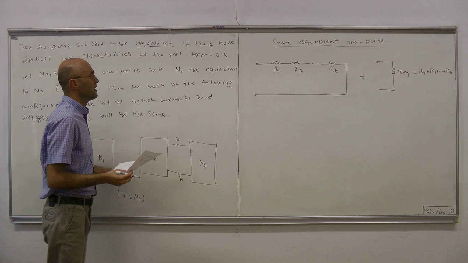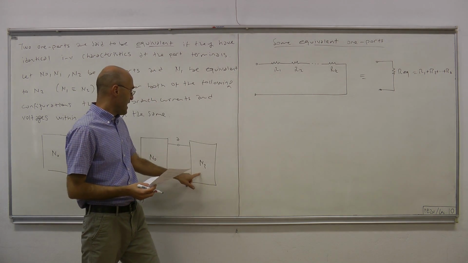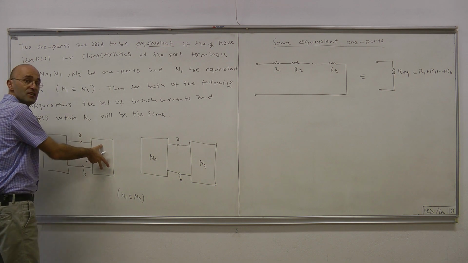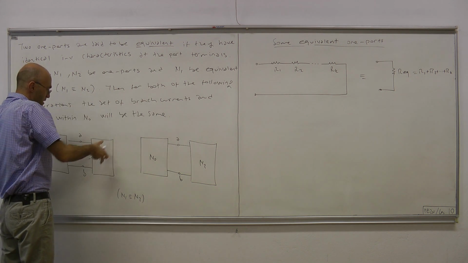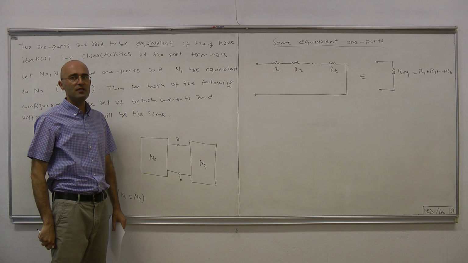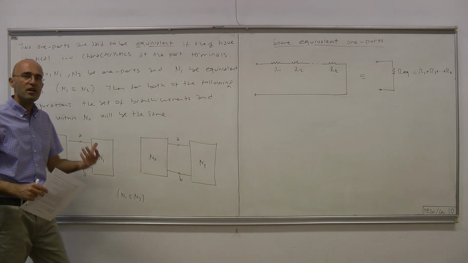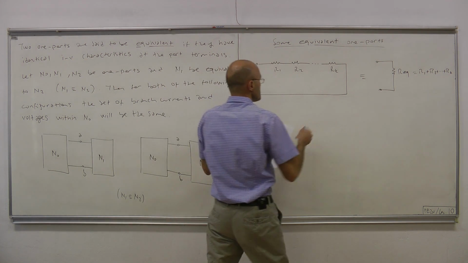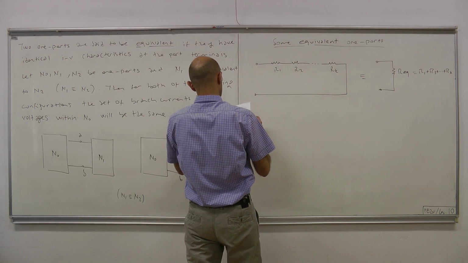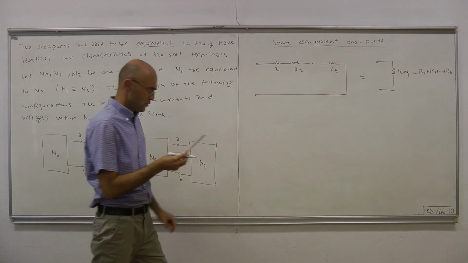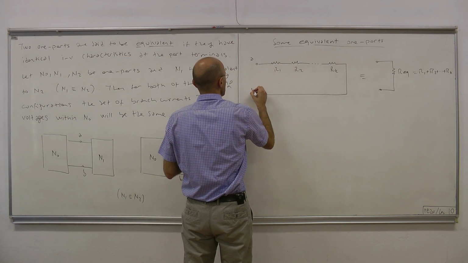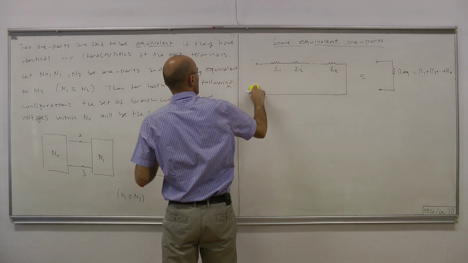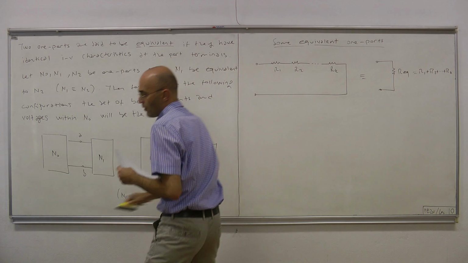So if N1 is this and N2 is that, then what we can do is take N1 out and plug in that single resistor, and inside N0 everything will still be the same. Okay. Now this is series connection with resistors. Let's call this A, B. You can do a similar thing for